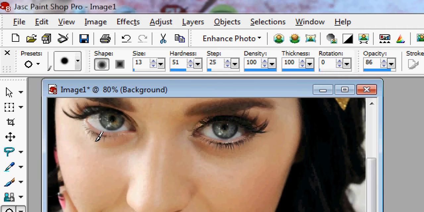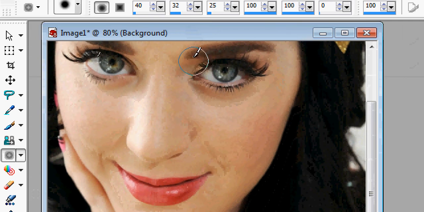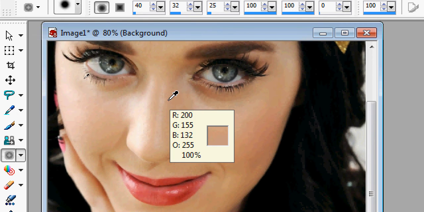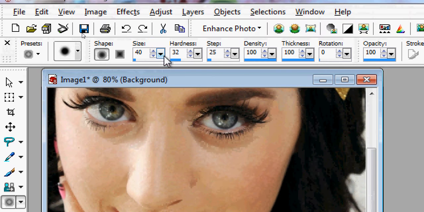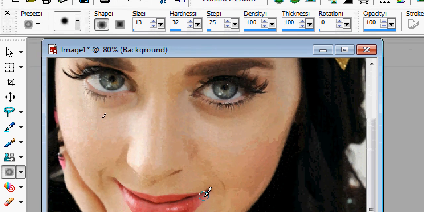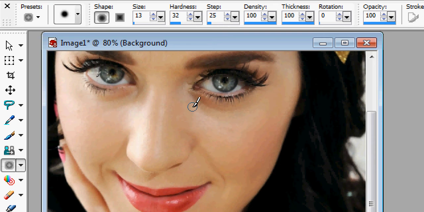If there's a bit of skin that you don't want sharpened, because it comes up like that, you can see it, just go back to the soften tool and soften up. You can always make the brush size smaller. And you can do it with the lips, but I advise not to. So if I zoom back out again,